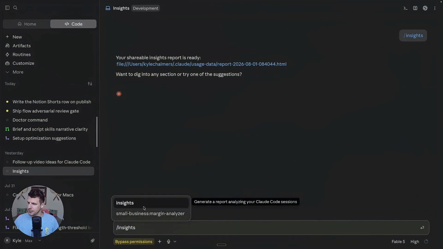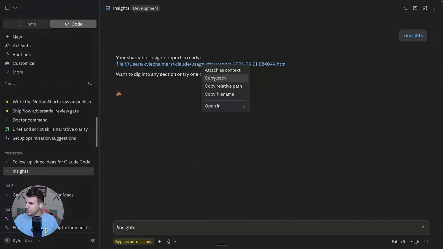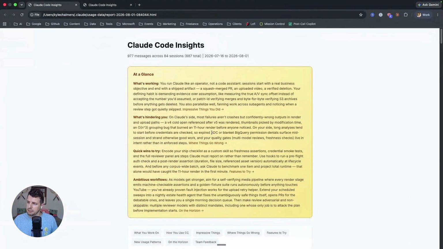And then what it's going to do is generate a report analyzing your Claude Code sessions. As you can see above here, I ran this yesterday and it generated this report for me. And then all I had to do was go to the Finder and open it from that Finder folder. And then it presented me with this on my computer,